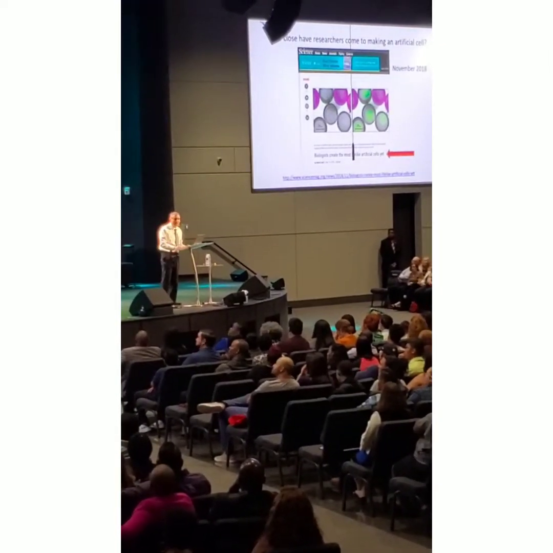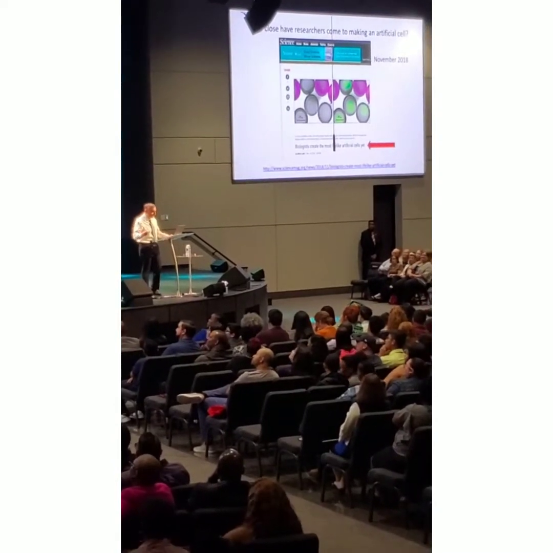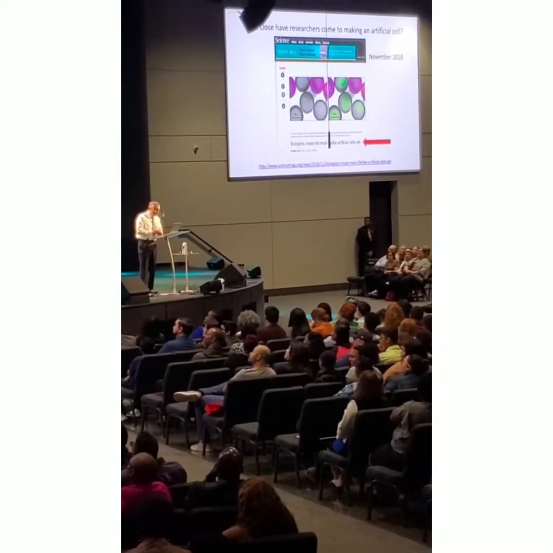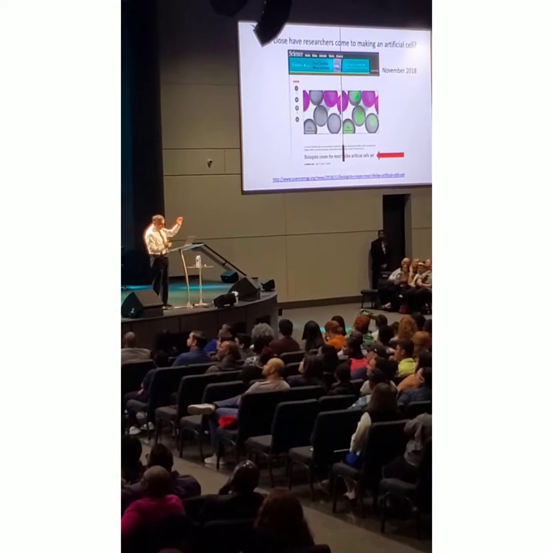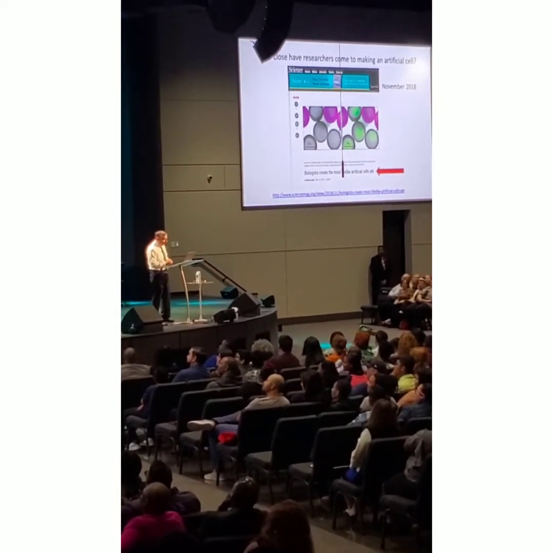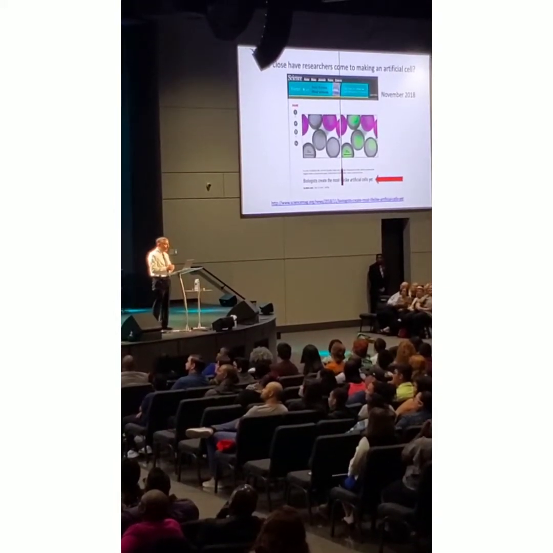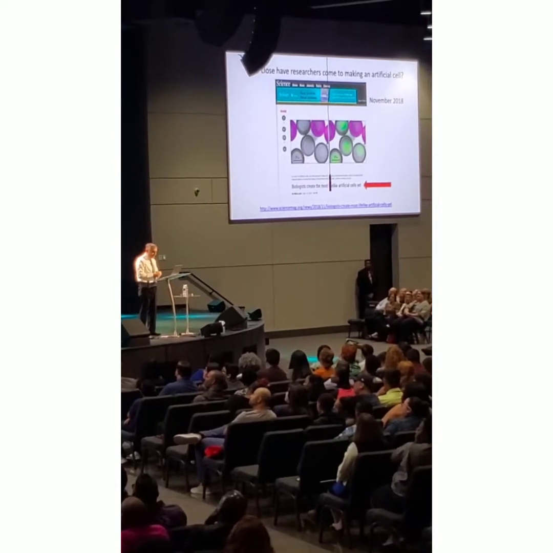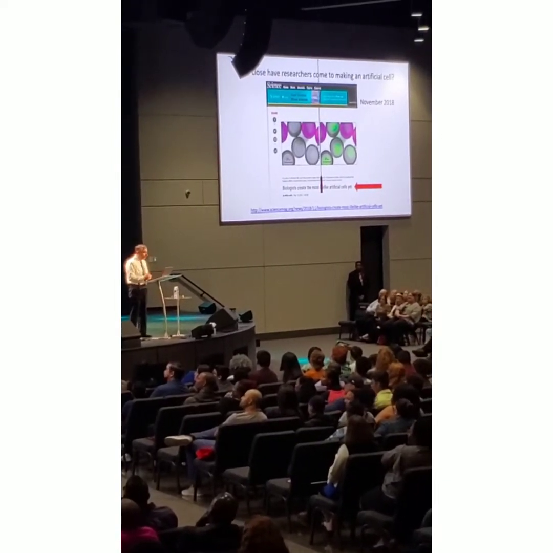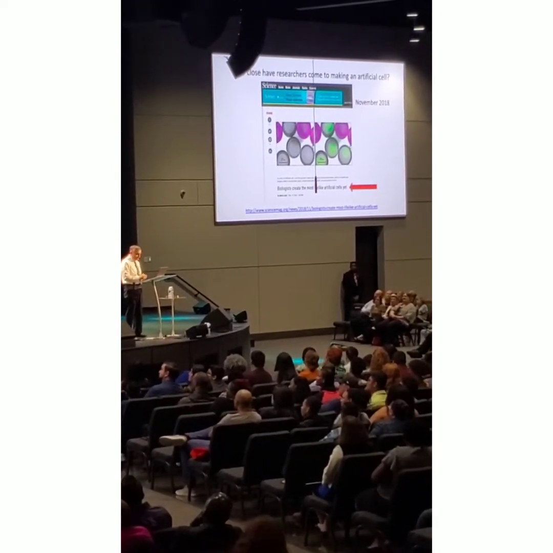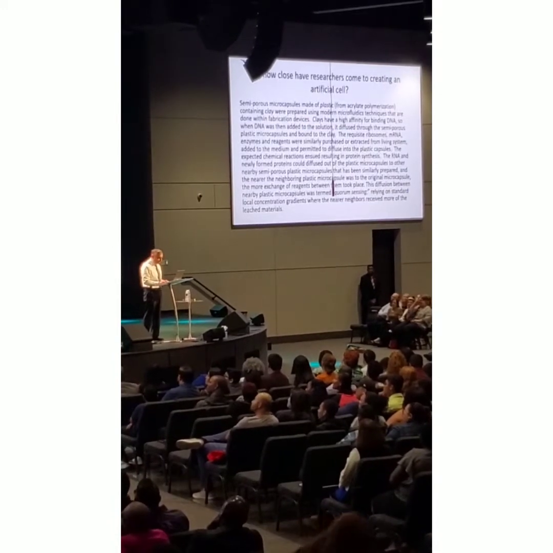Well, it's no better in the academy. It's no better in the universities. Here's an article that came out in Science magazine, which is the top journal in the world. It says, biologists have created the most lifelike artificial cells. This just came out less than a year ago. So I looked it up. I wanted to see what the most lifelike artificial cells are that they've made. And this was citing a paper from Nature Communications.